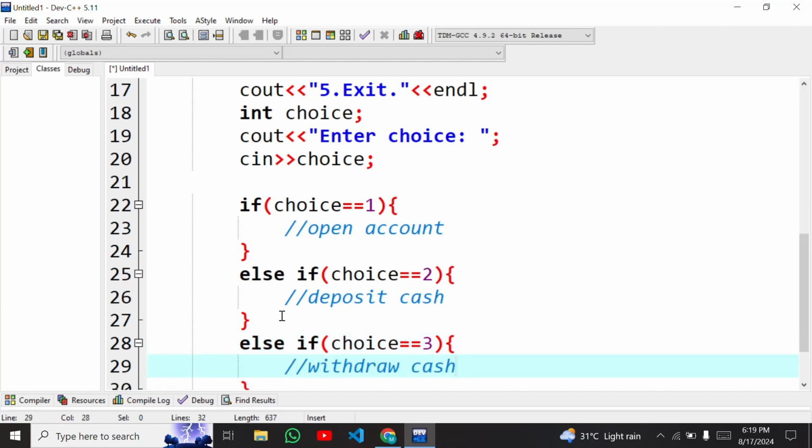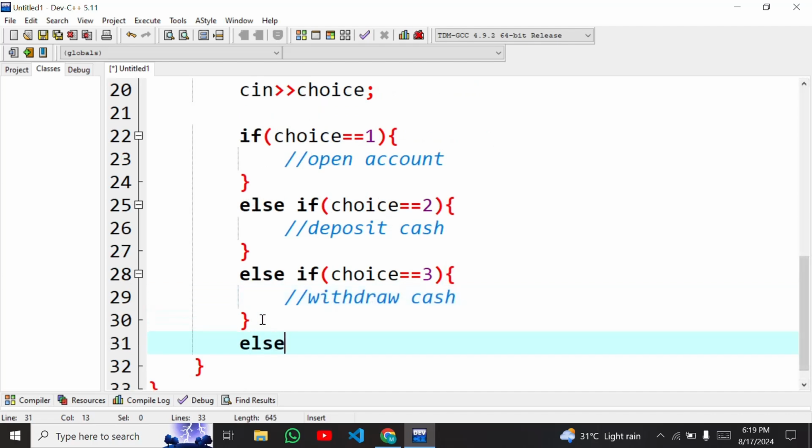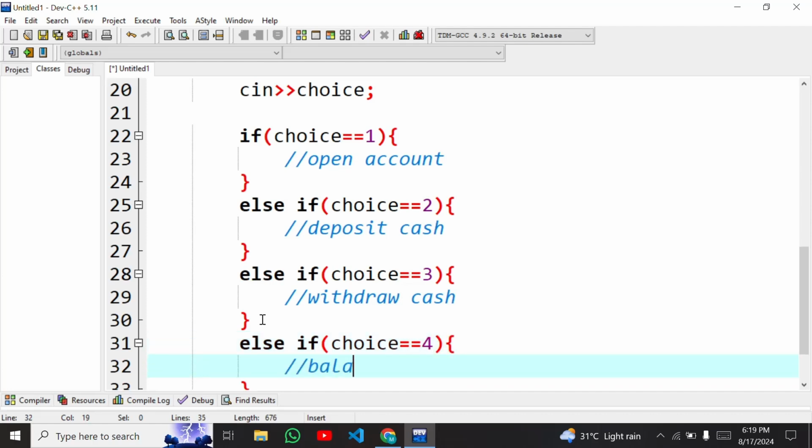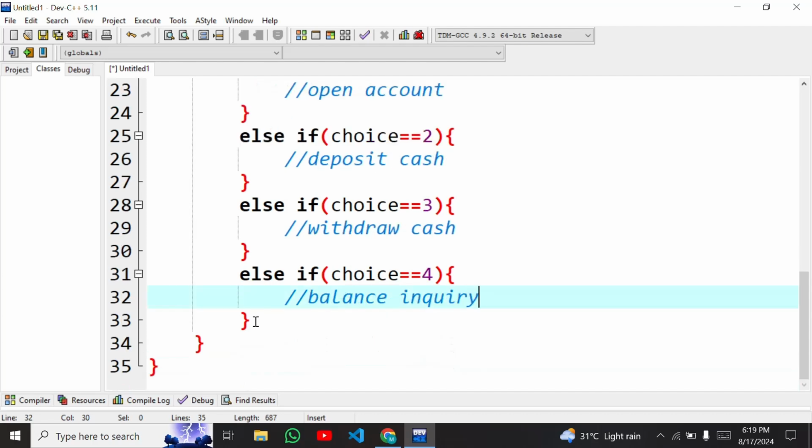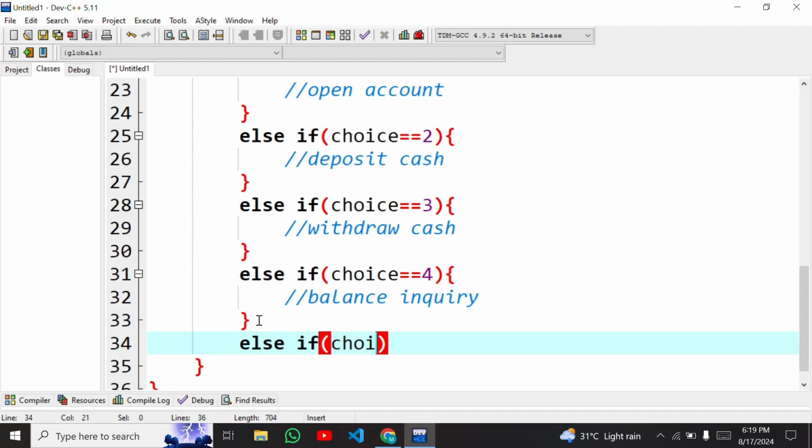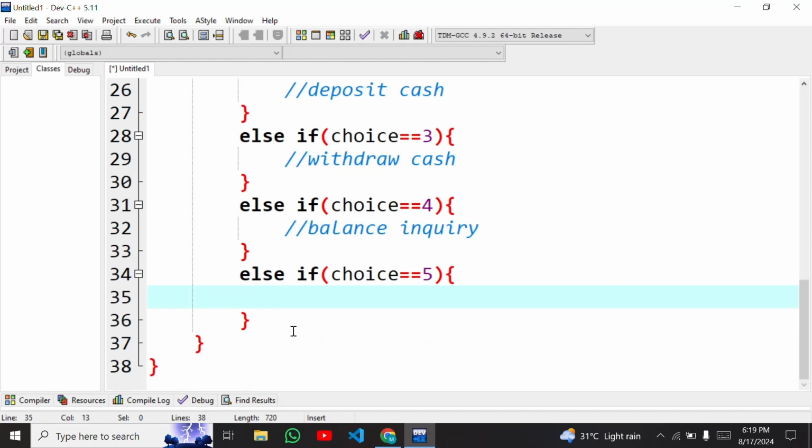And else if choice is equal to 4, so this is for balance inquiry. And next I have to handle the fifth option. Else if choice is equal to 5, then the user wants to exit from the program. So here I will use system clear screen, cls, so this will erase